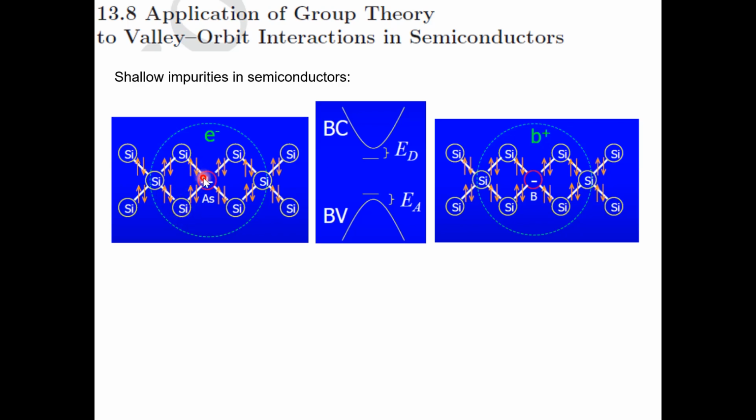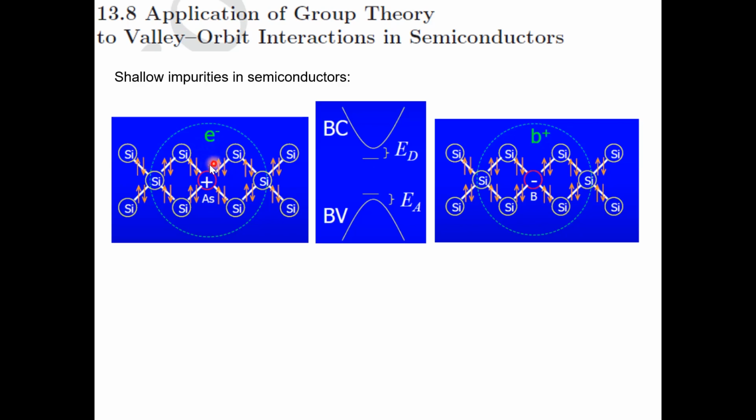What happens then when I substitute silicon, which is a group 4 element, by, for instance, arsenic, which is a group 5 element? So arsenic has 5 valence electrons. So it can use 4 of these valence electrons to make bonds with the neighboring silicon atoms, and there is going to be 1 extra electron that cannot be used to make bonds, and in principle this electron could be free to